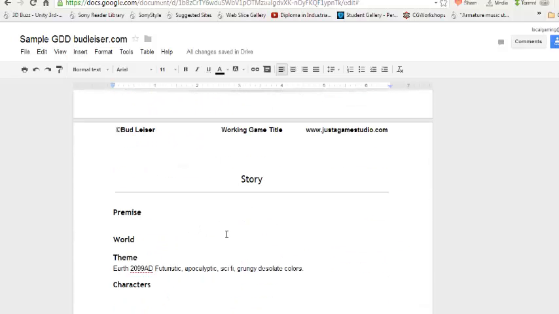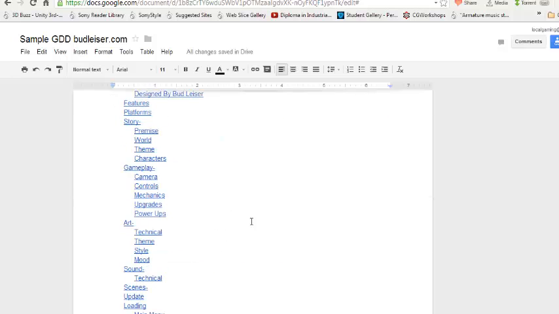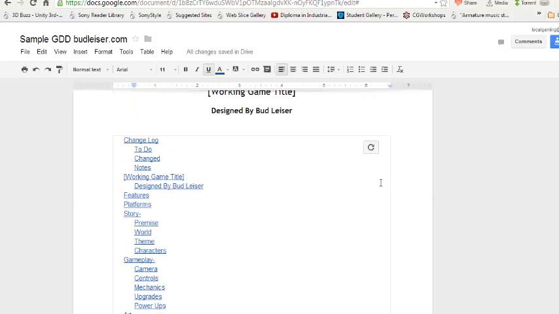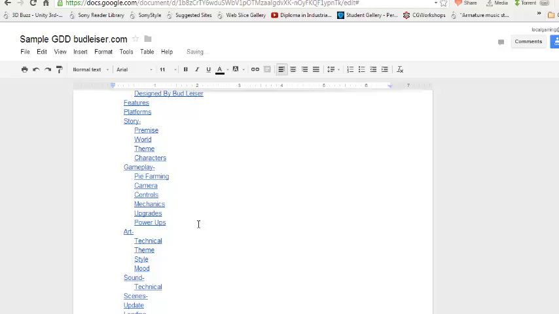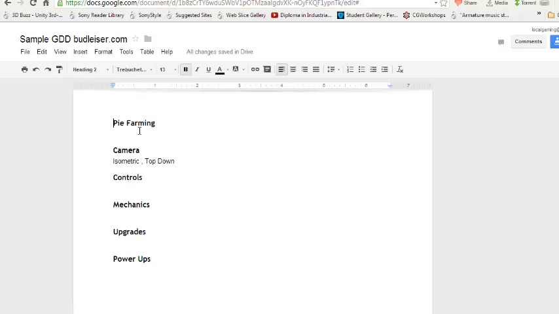And the last thing that I forgot to show you guys, which is really cool in Google Docs and works better than I initially thought it would, is tables. I personally am a big fan of Excel. I used to try and do everything in Excel, including my game design documents. I no longer do that, but